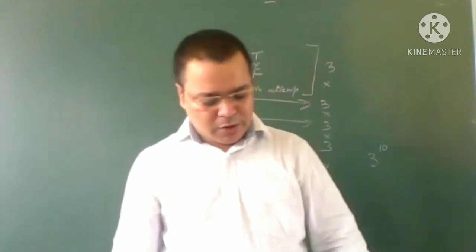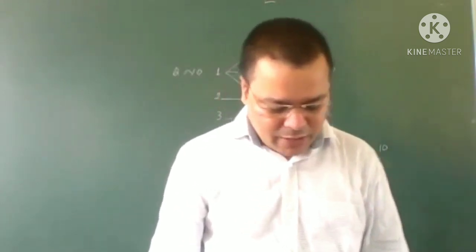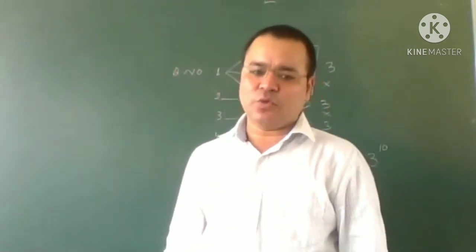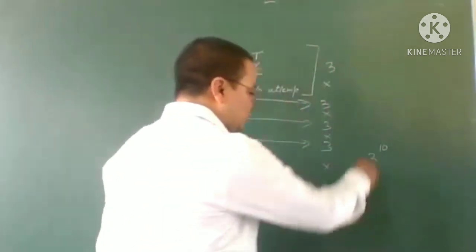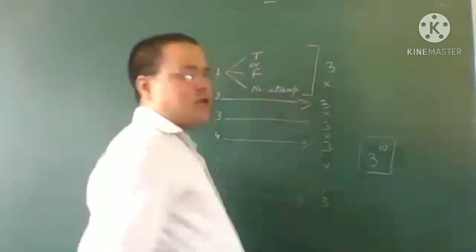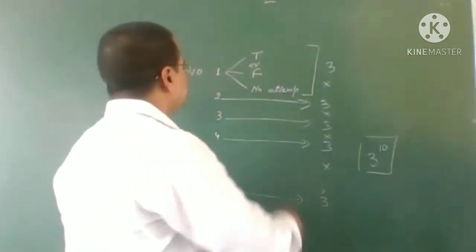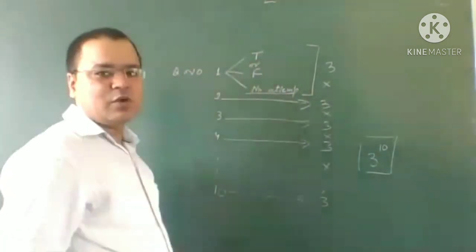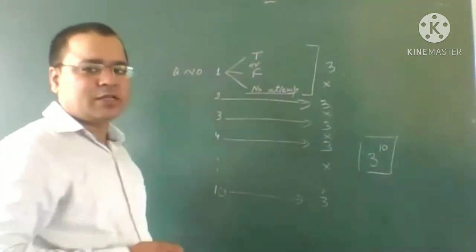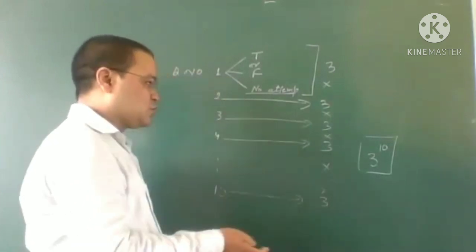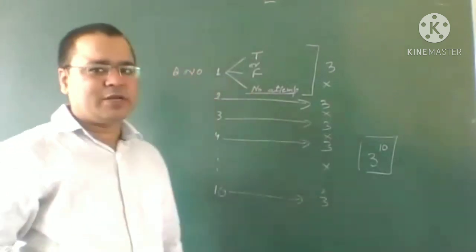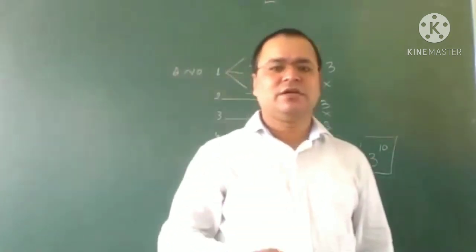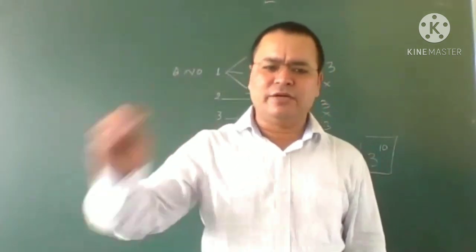So there are three important numbers of ways, which also include the way in which no question is attempted. Look here, in 3 raised to the power 10, here I just make one answer that no question is attempted. So I will not attempt the first question, I will not attempt the second question, the third question, the fourth question. Similarly, I will not attempt any question. So this is also a choice, that a student does not attempt any question.